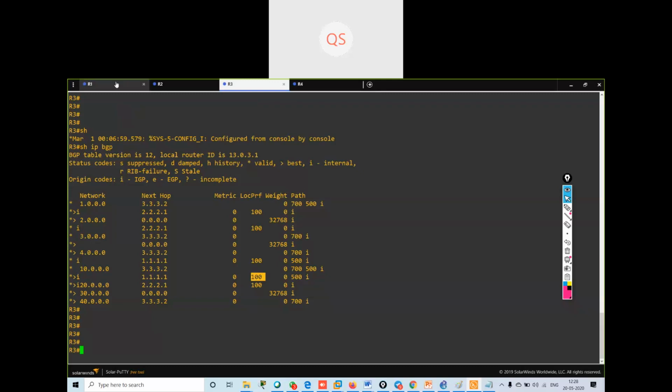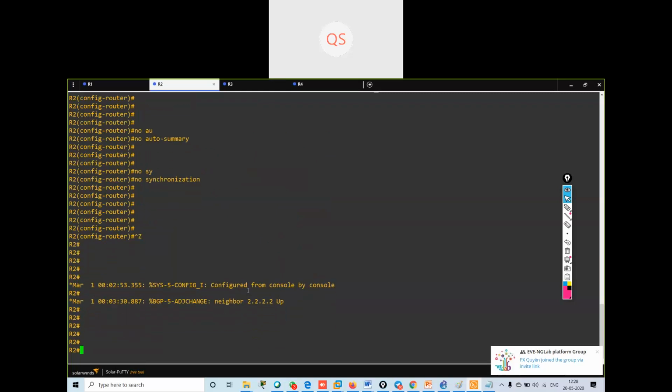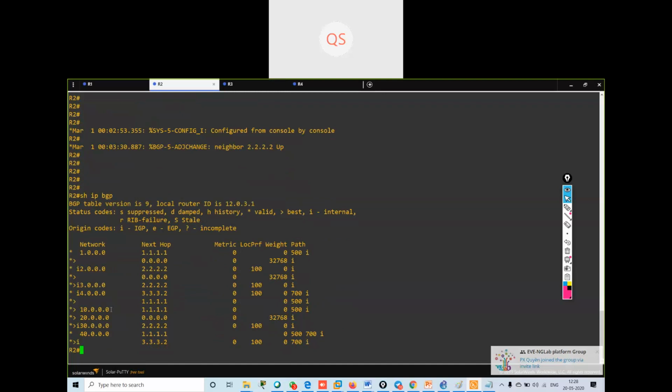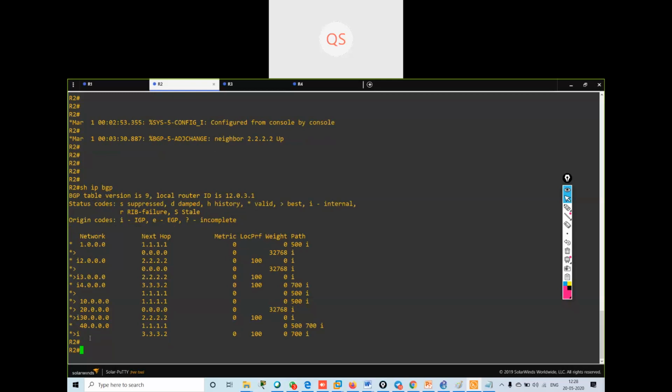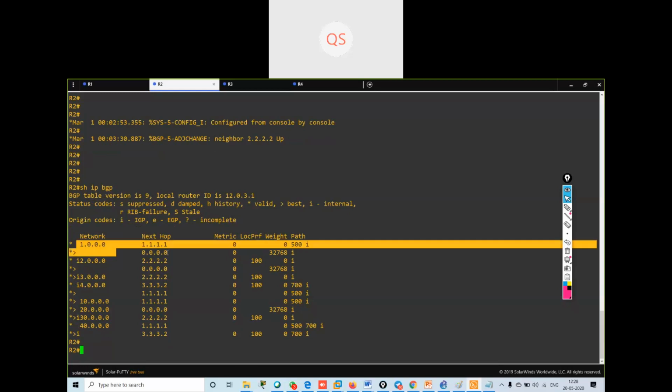Got it? Now, if I go on R2's router and verify here with show IP BGP, how can I reach the 1.0 network? It is directly connected.